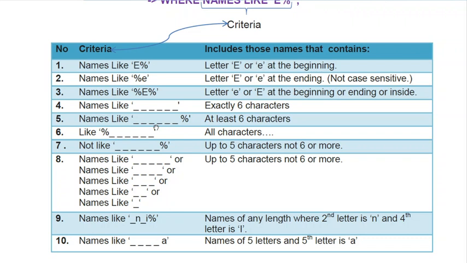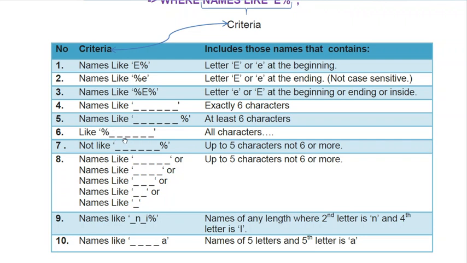Okay. Now, if you are using 6 underscores and then a percent sign, the number of underscores, as in this example, is 6. So 6 letters should be there. The minimum of 6 letters is fixed, and there may be more than 6 letters, and the letters may be anything. This way we are specifying the number of letters. The minimum number of letters is 6, so 6 or more letters.